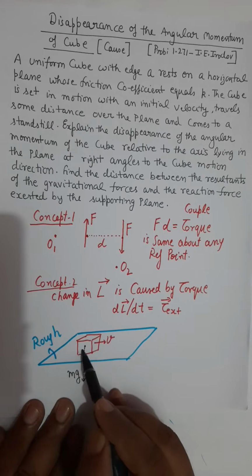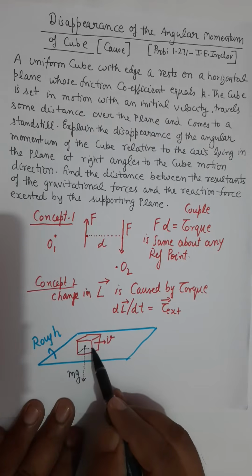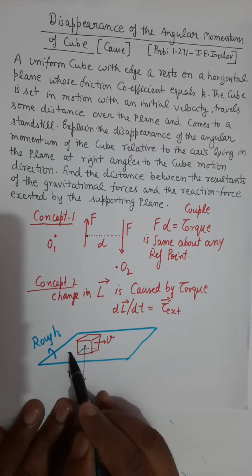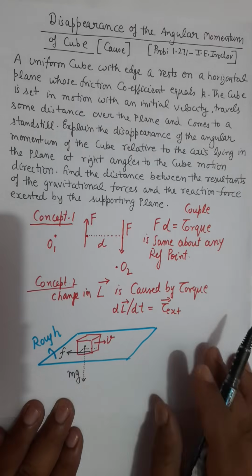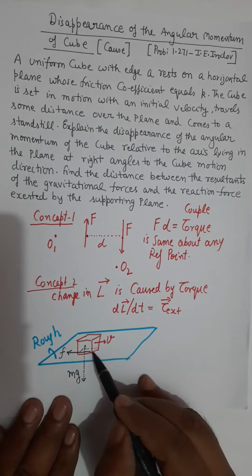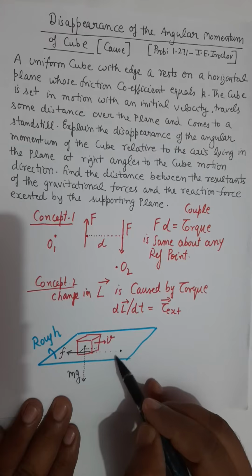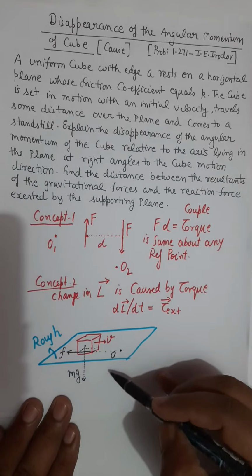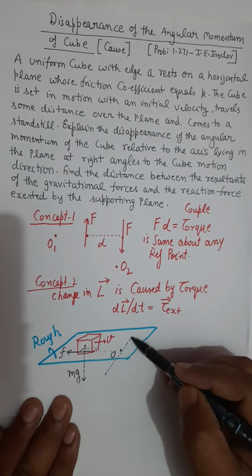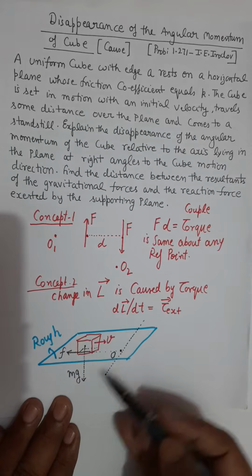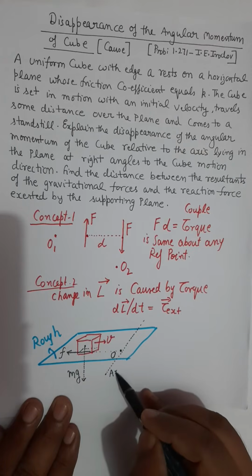You will have a friction force on the base of the cube. Remember, the friction force will be present on the base of the cube in this direction. Let's say small f is the friction force. Now if I choose a point O on this plane, and select the axis as given in this question, an axis in that plane,